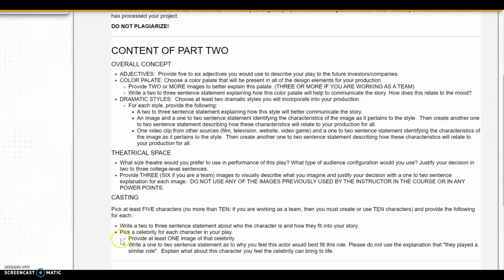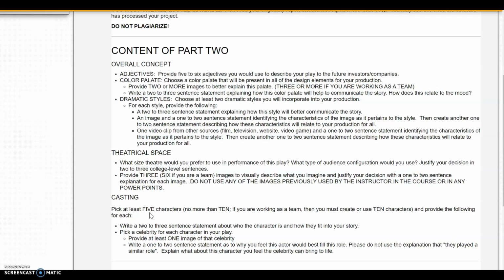And then the casting, while you're building your story, it's good for you to think about this casting part, and you're going to write 2 to 3 sentences, pick at least 5 cast members. You could have a slide per each one. So it could be a slide with the title of the character they're playing, and say you wanted Brad Pitt or Denzel is your favorite actor and you want to put Denzel, and he's going to counter Will Smith, and